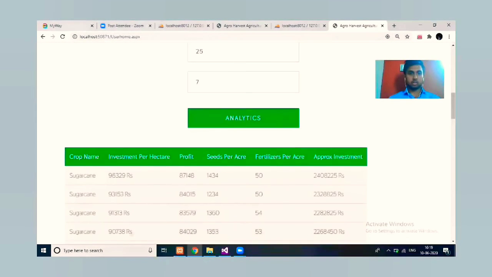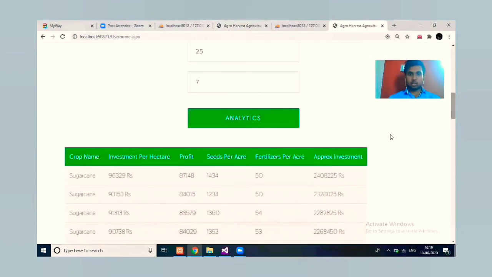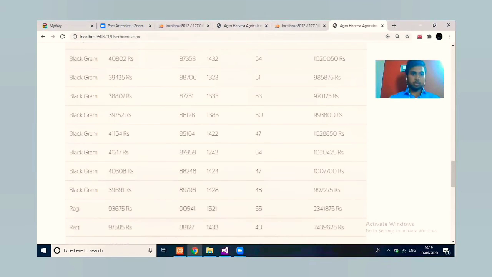These are the predicted crops, and you can see the crop name, investment per hectare, profits, seeds per acre, fertilizers per acre, approximate investment. These are the attributes that we are taking for displaying the output, and these are the crops that you can grow in the location: Mysore, sugarcane, and fertilizers per acre is in kg, 50 kgs, 54 kgs. And you can grow sugarcane, cotton, paddy, black gram, ragi, groundnut,